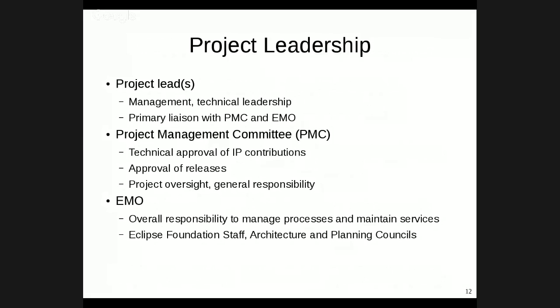The EMO basically has overall responsibility for projects and the Eclipse development process itself. The EMO is actually composed of the entire Eclipse Foundation staff, as well as our Architecture and Planning Council. Collectively, they're responsible for making sure that things go. The Eclipse Foundation staff keeps our servers running. I maintain the process. We have an IP team that does intellectual property work. We have various business development assets. We have some marketing assets. There's all sorts of things that we do to keep the Eclipse